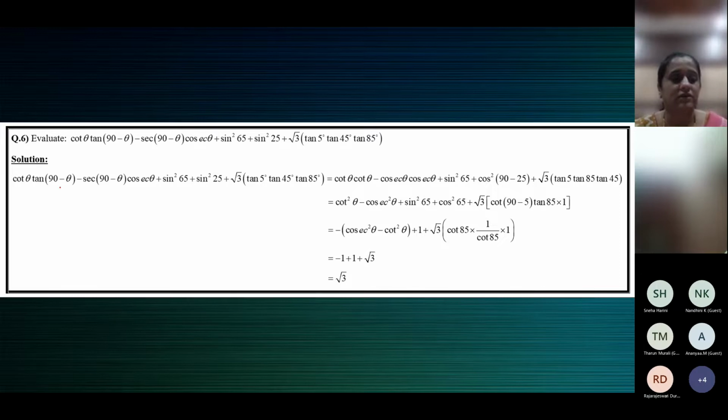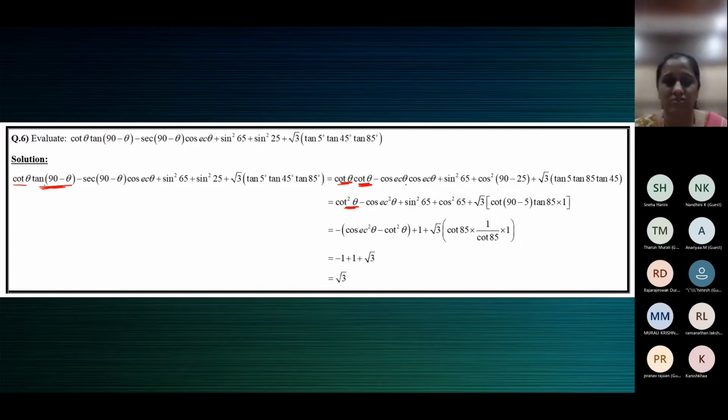So let's see it again. Cot theta, as it is cot theta. Tan 90 minus theta: if you look into the trigonometric ratios of complementary angles, you will see that tan 90 minus theta can be written as cot theta. So cot theta again. And cot theta into cot theta is cot square theta. A into A is A square. Cot theta into cot theta is cot theta the whole square, which is written as cot square theta. Then minus